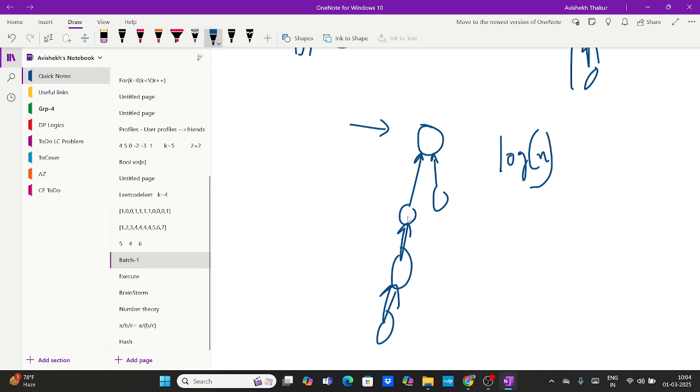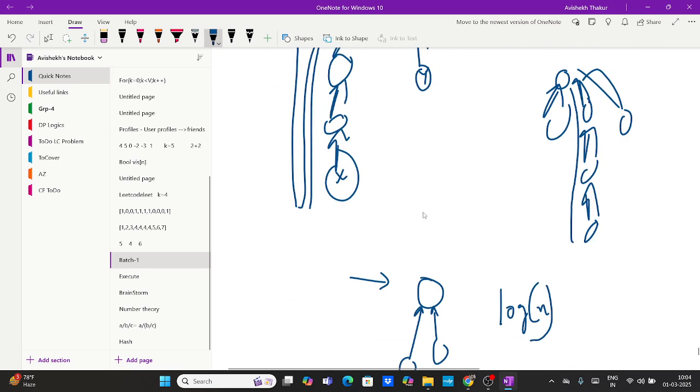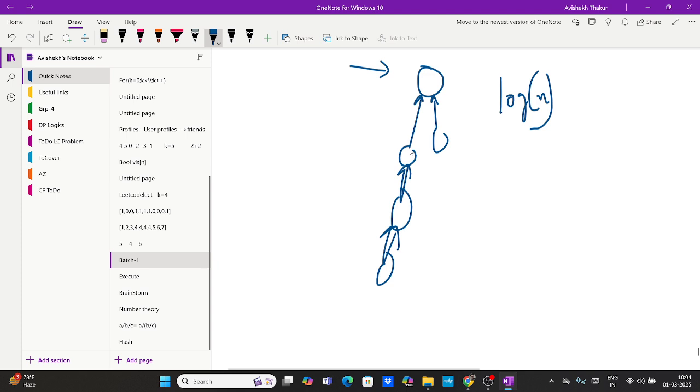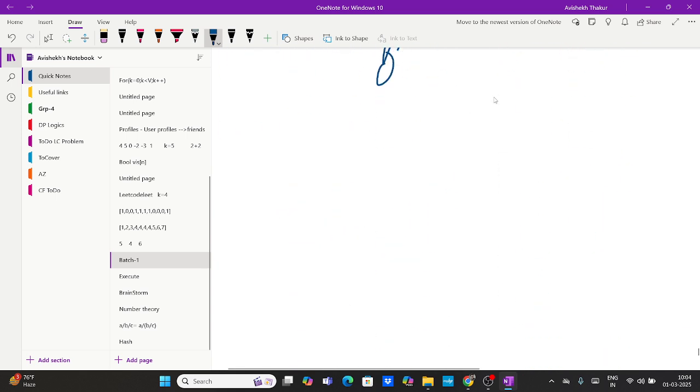So this is regarding rank by size. The size can go up to log n, so it's kind of useful for us to have this computation. Now, this is regarding something known as path compression. Whenever we are merging something like this,